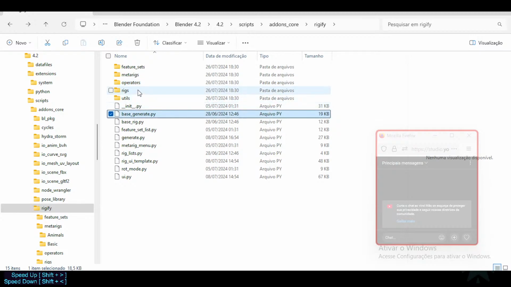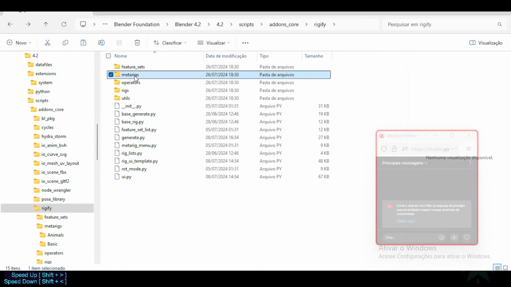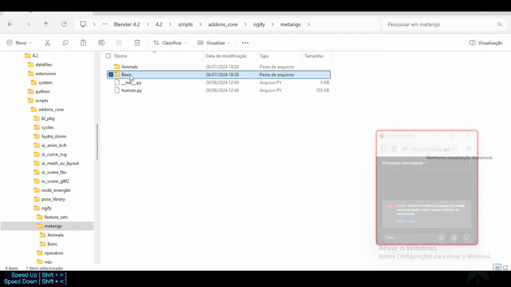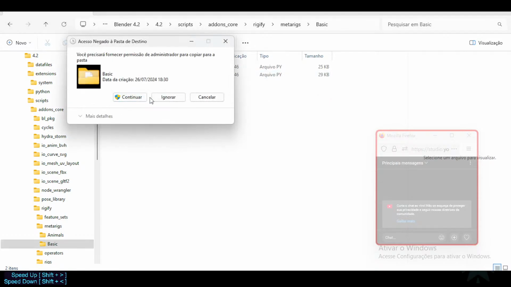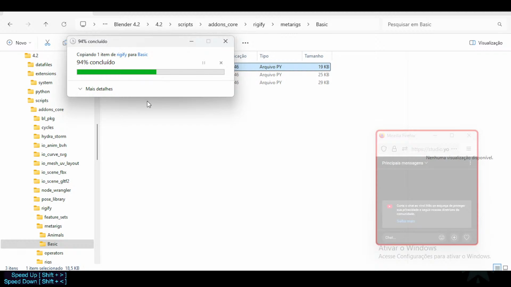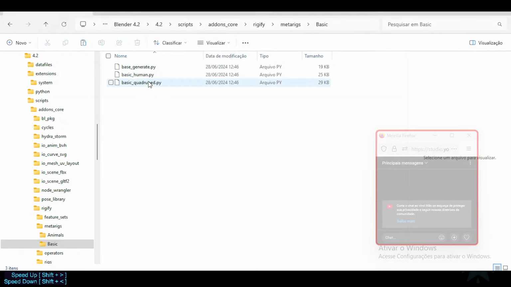Let's create something crazy here. I just need to set. Let's see if I base generate. Okay, this means nothing, but